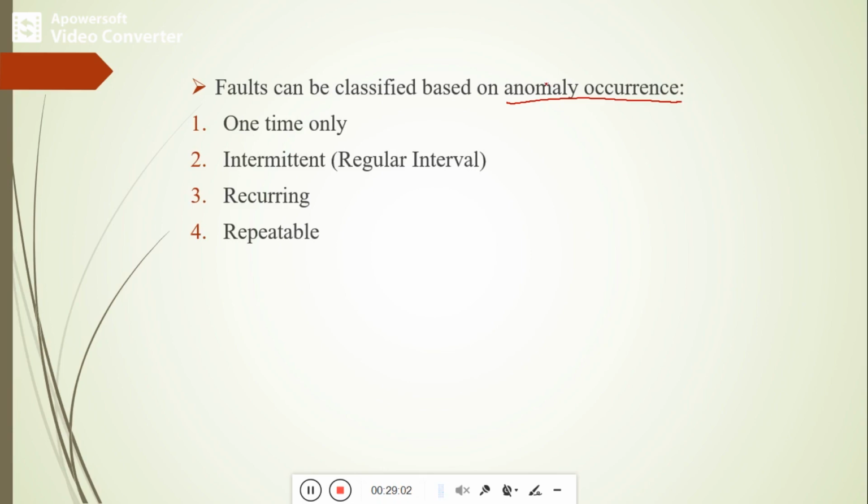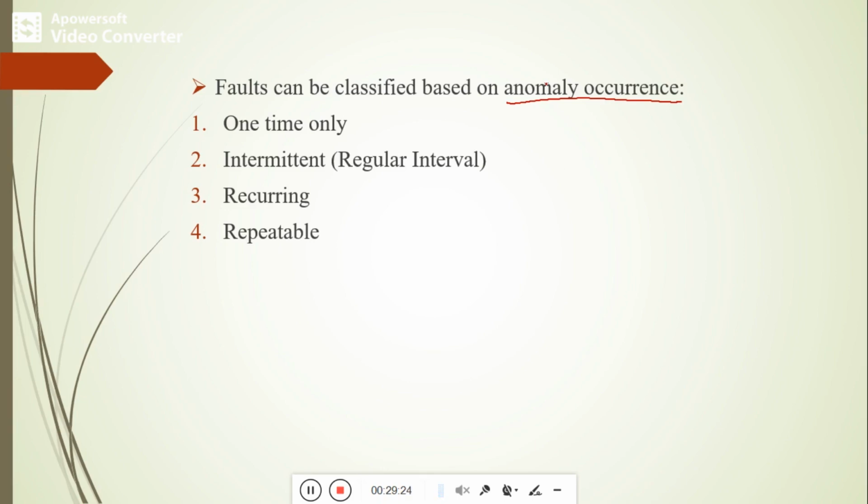One time only means some faults will occur only one time in that particular product. Intermittent means that after each and every interval we get that particular error, so the same error is displayed repeatedly after processing; that is a regular interval.